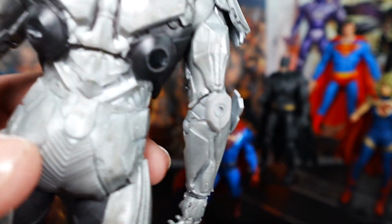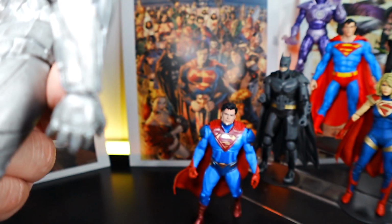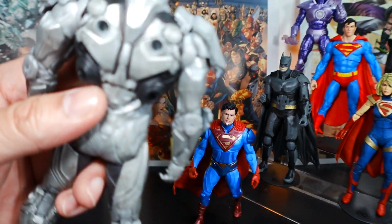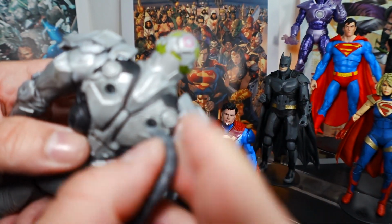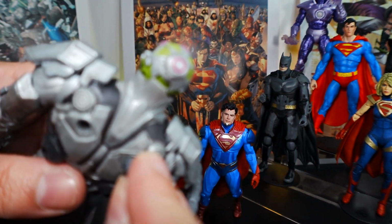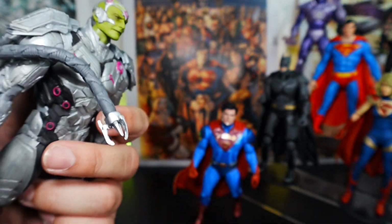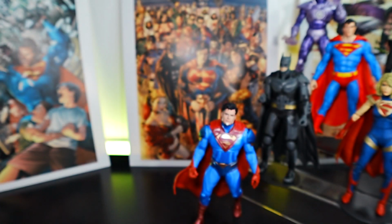Obviously, these are the holes right here for what I call the tentacles. I don't know if it's actually correct terminology, but I call it the tentacles, and all you do is put it in, like so, wherever you put it. Boom, there you go. Just showing you how you can put it on. That's how it looks with one of them. But anyway, so